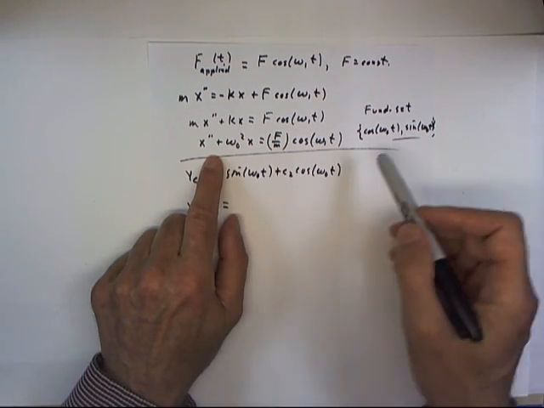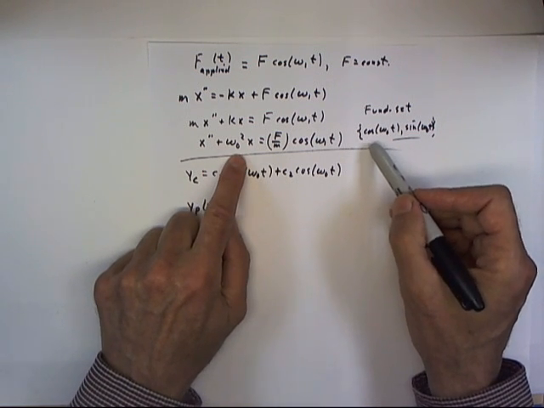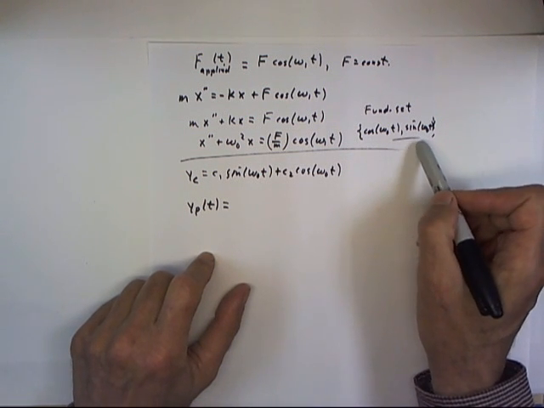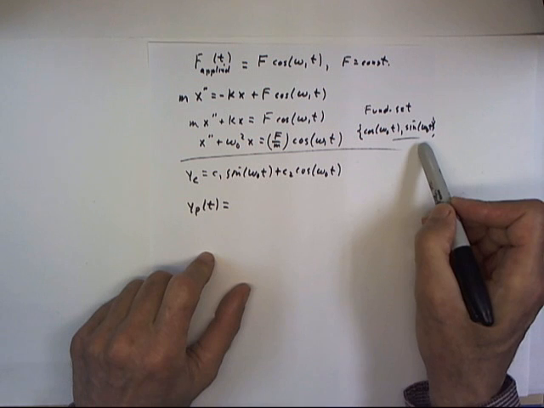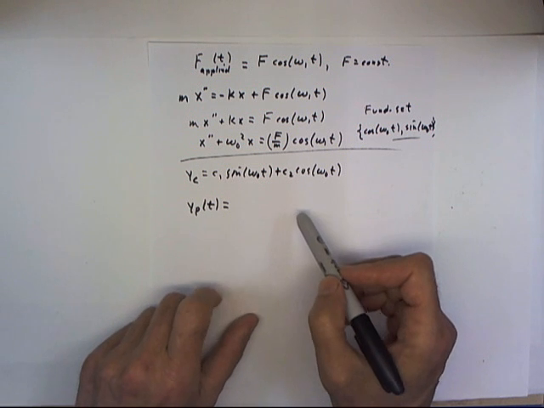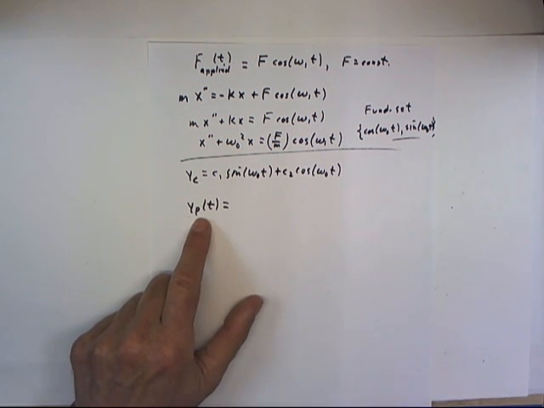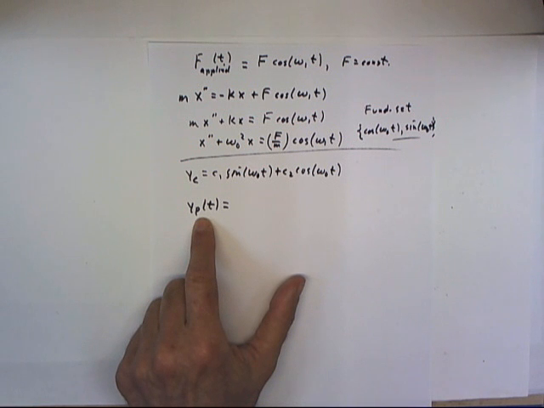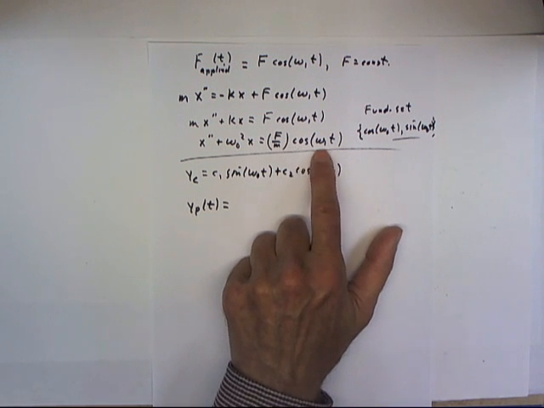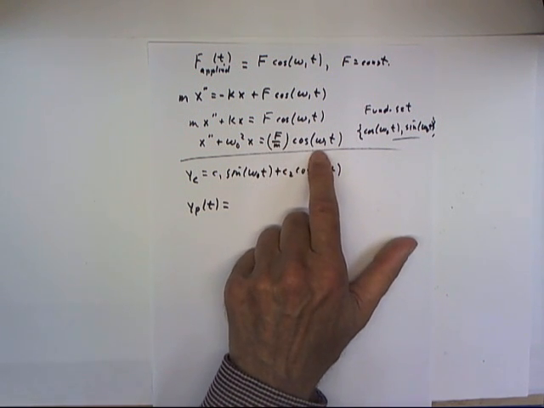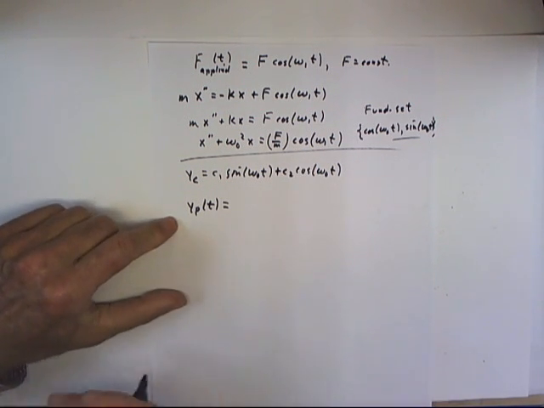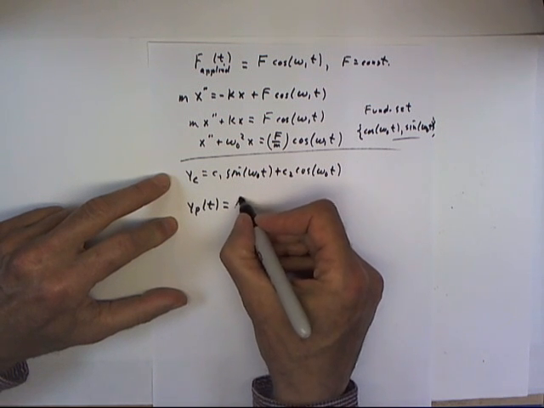Okay, well, here's our equation. We have a fundamental set for the characteristic equation, the homogeneous equation. That's cosine of omega naught t, sine of omega naught t. We're very familiar with that. So our characteristic solution is this familiar solution that we've seen already. Now, what are we going to do for the particular solution? The right-hand side, the non-homogeneous term in this equation, is a cosine term. We have some constant times the cosine, so it would be natural to use a particular solution of the form a